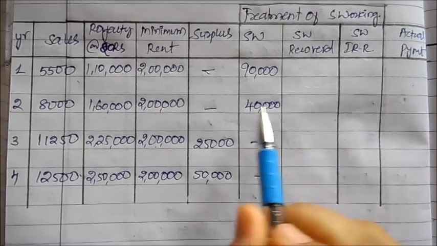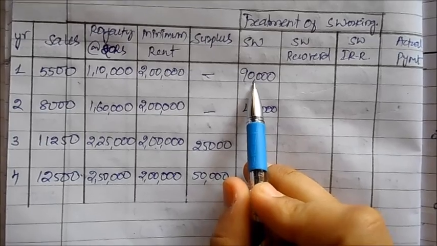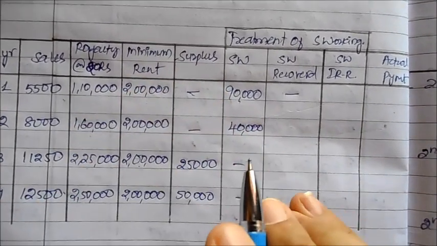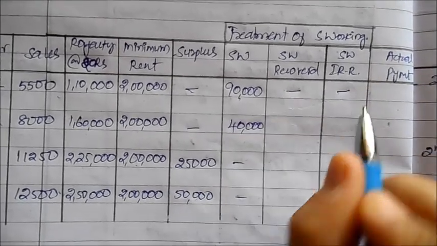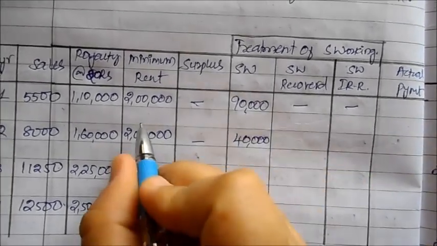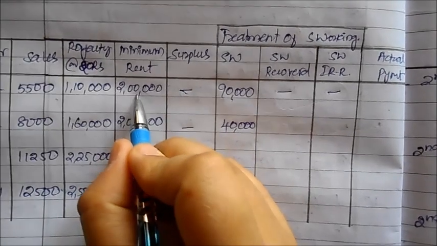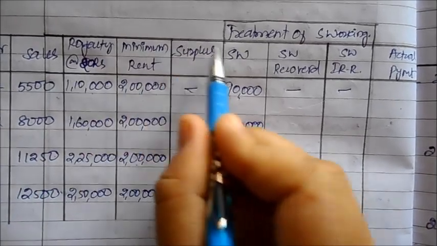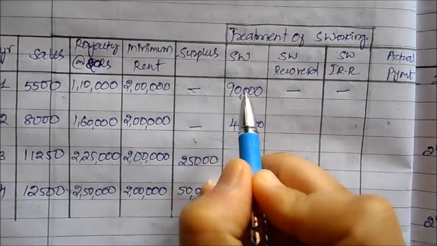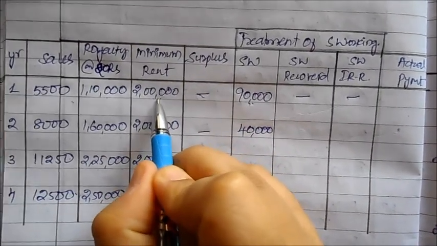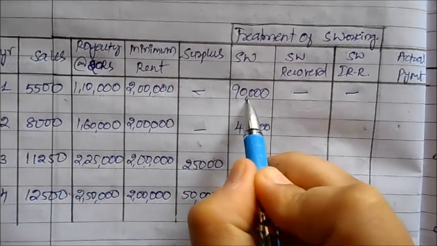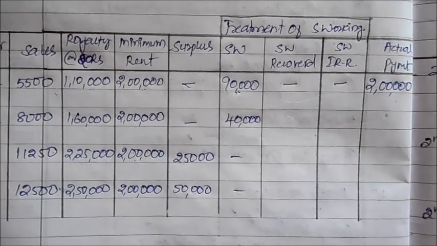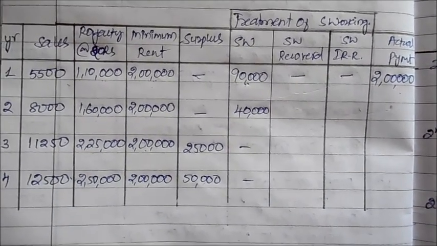Okay. Now since it is the very first year and you have short working, the question of recovery becomes zero because we don't have any surplus from the previous year. We have just started. No unrecoverable amount also. So how much are we exactly paying? The amount that is going to be paid is 2 lakh. That is, royalty I am paying 1,10,000, but I am incurring an additional expense of 90,000 extra within minimum rent. So as a part of minimum rent, I am paying royalty plus the short working extra payment also. So it becomes 2 lakhs here. Simple. It should be easy till here.